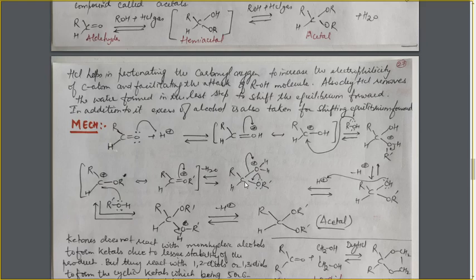and as a result this carbon will become positively charged, and the electron deficiency on this carbon atom is neutralized by the electron pair donation from this oxygen atom in this way. So this electron pair will move from this position to this position, making it positive and double bond as a result, and this electron pair is taken away by the oxygen atom and is lost as the water molecule. As a result, this species is formed, which is resonance stabilized.